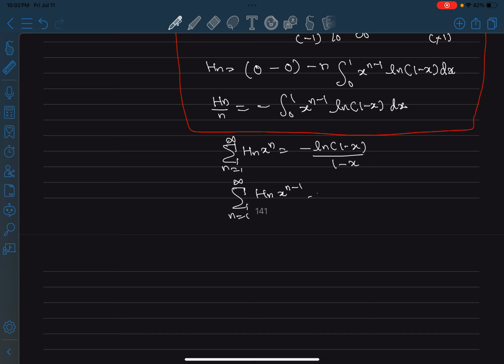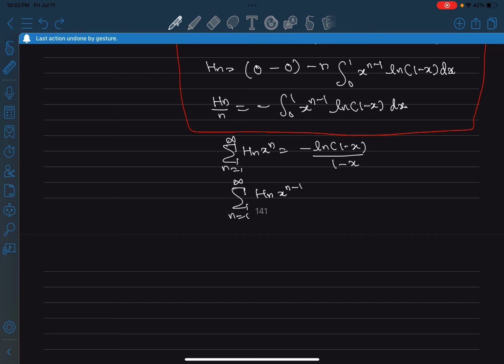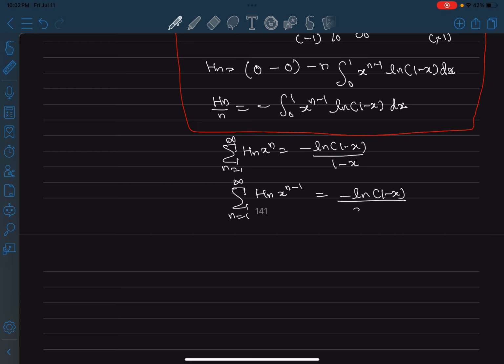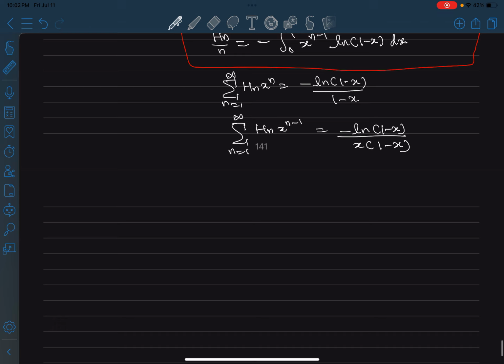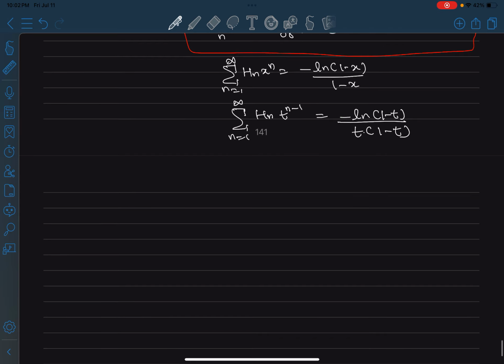And so there's this 1 over x over here, which I will take to the other side and divide. So I get x times 1 minus x, right? Now if I integrate both sides, let me write it as a function of t for now, and there's a reason for that. t, t, t. And now if I integrate both sides from 0 to x, I can actually take the